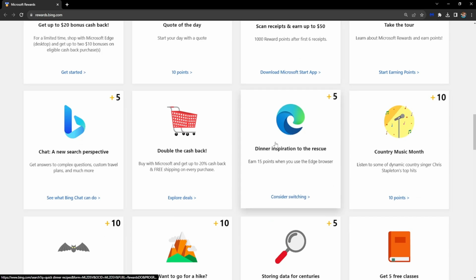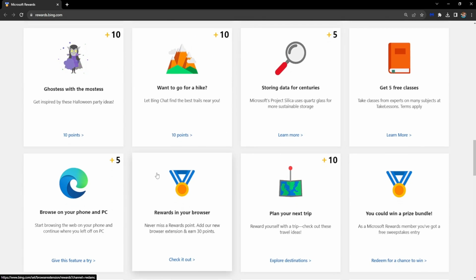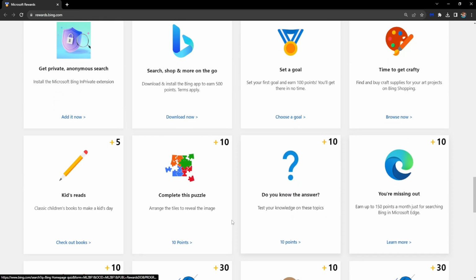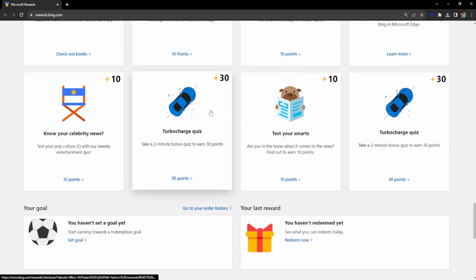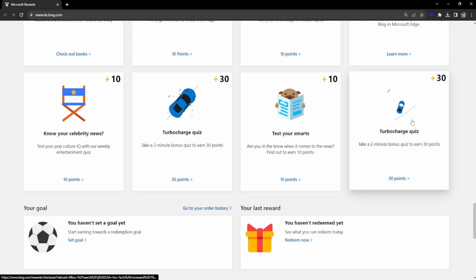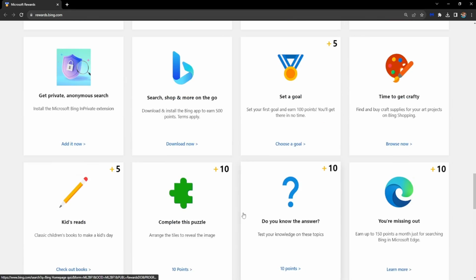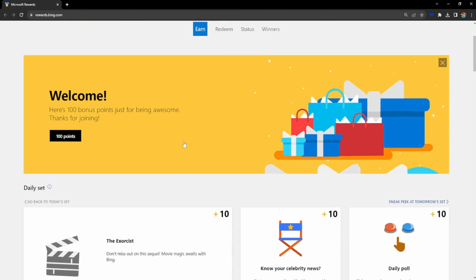So after you have earned enough points, you can see every different thing gives us a different number of points. We get 5, 10, 5, 10, so on and so forth. Some even give 30 plus 30, as you can see right here, if you take a 2-minute quiz. So after you have completed as many as you can right here, then what we want to do is click